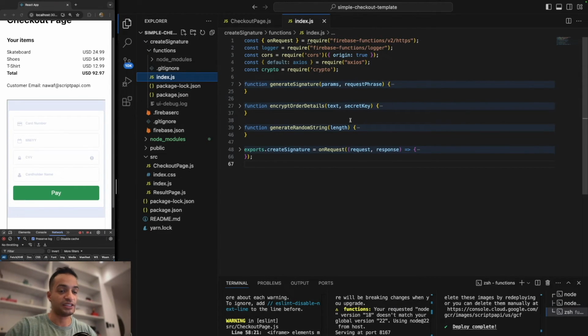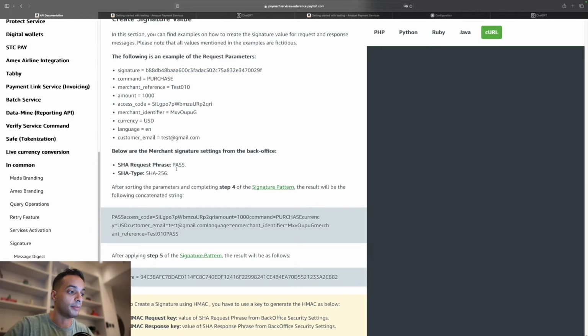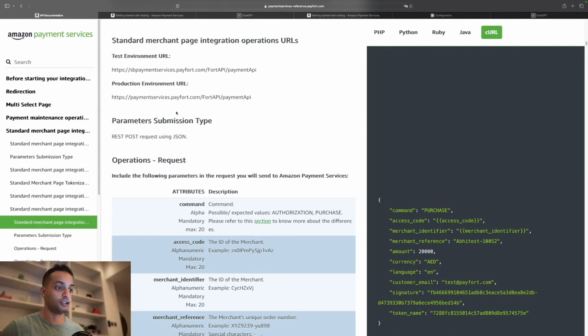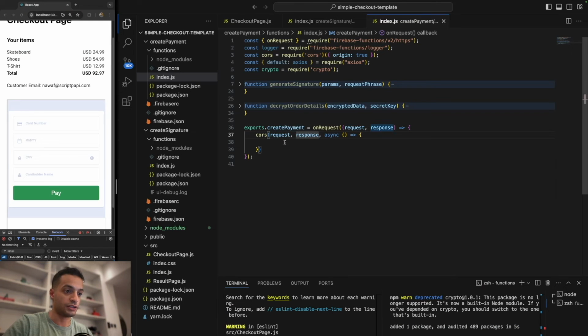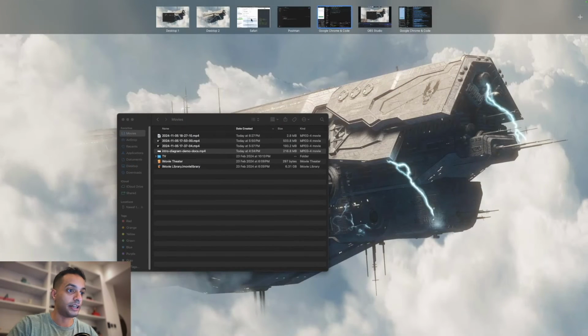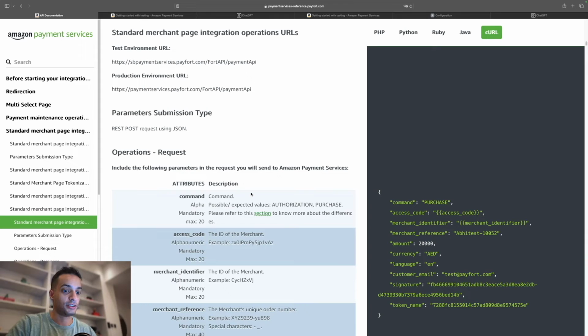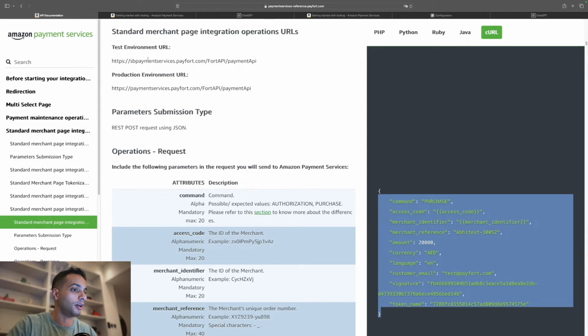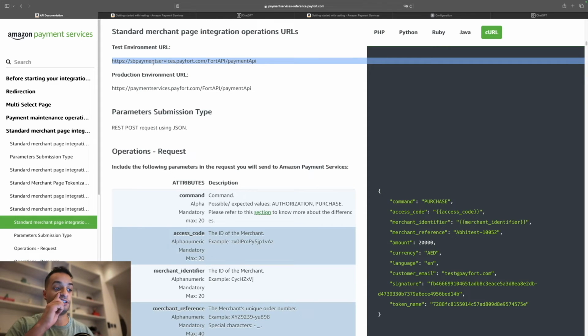For that to make sense, let me show you the integration guide again. I'm talking about this one over here. So we need to send this payment request over there. Let's do that. Let me show you how to do that now. Okay, so this is the input where we're gonna actually send the payment request API to Amazon Payment Services. So let's see what this requires. This requires us to pass this payload to this URL if it's in the test environment,